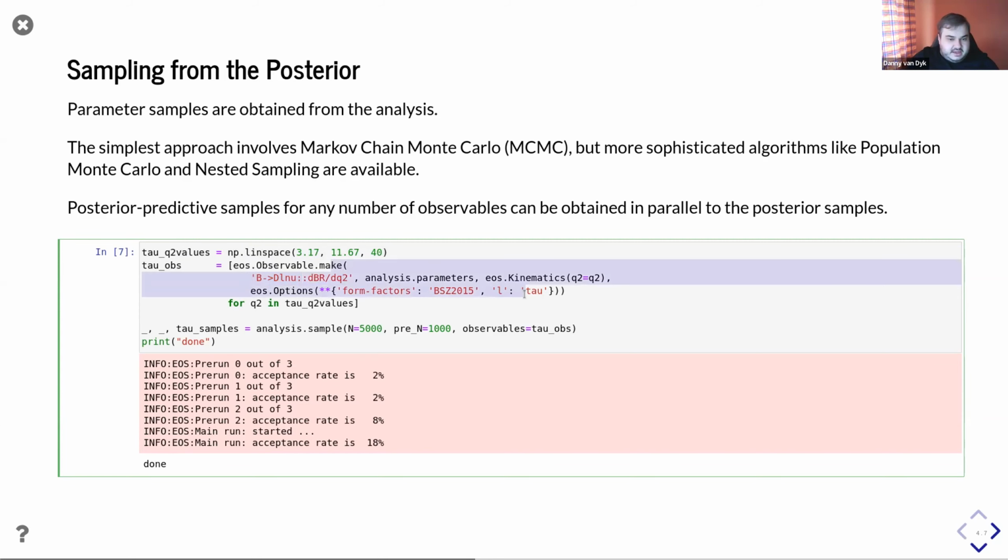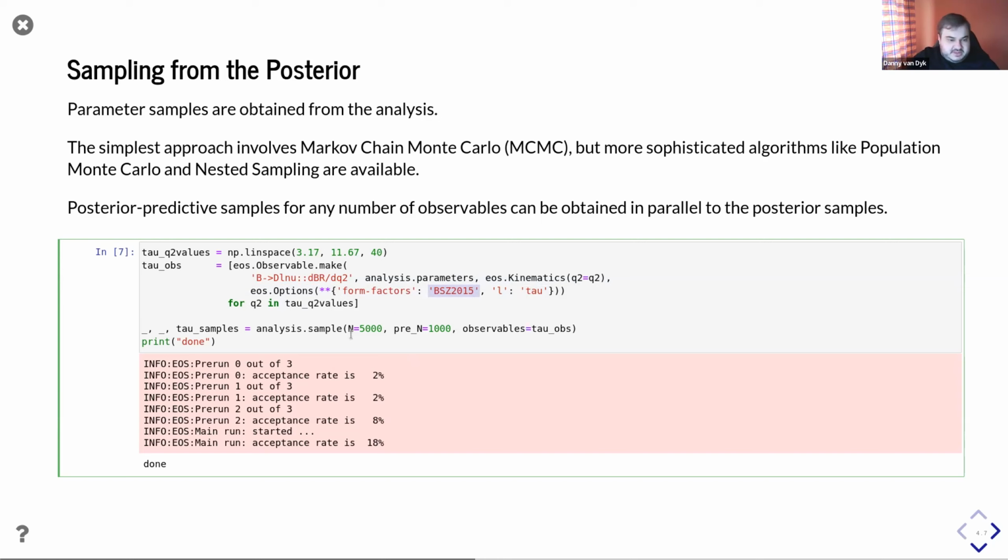We make a number of observables in this very Pythonic form. We share the same analysis parameters for all of these observables, but they have individual kinematics. And the tau is selected for the lepton flavor, the BSZ 2015 parameterization for the form factors.